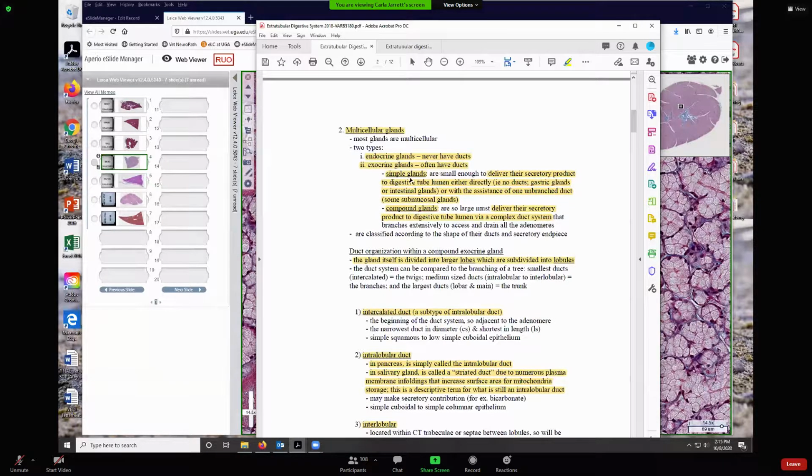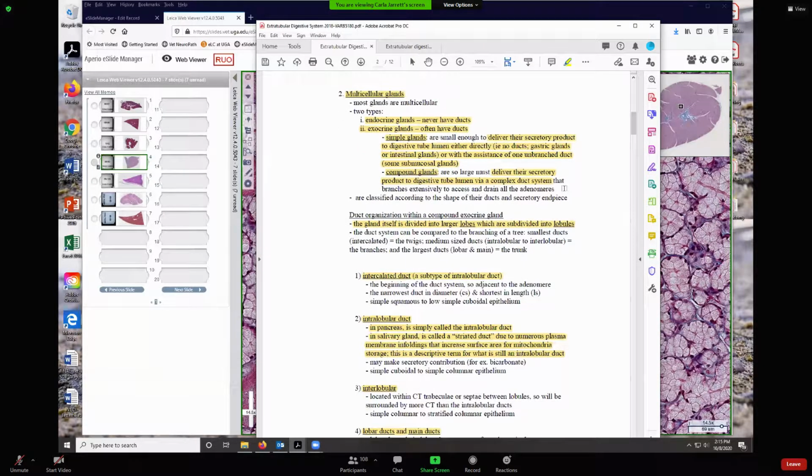Some of these exocrine glands are simple and some are compound. Simple glands either deliver their secretory product directly into the lumen, like the gastric glands or the intestinal glands, or they may use one duct, but it won't be a branching duct. And some of the submucosal glands we saw both in the esophagus and in the duodenum used a duct sometimes. Sometimes they just dumped their secretory product into the fundus of the intestinal gland. But those were simple glands that either don't have a duct or they have one duct and that duct doesn't